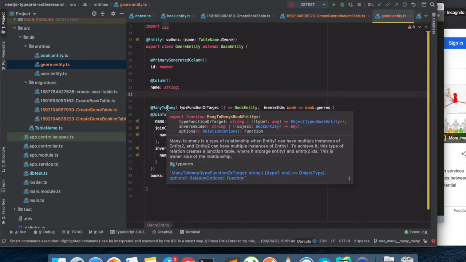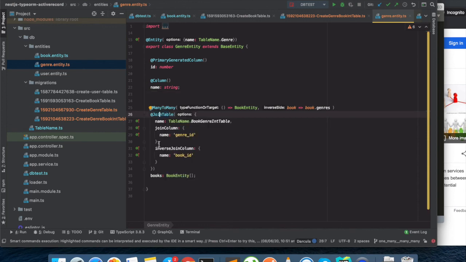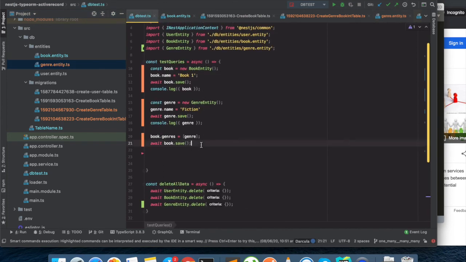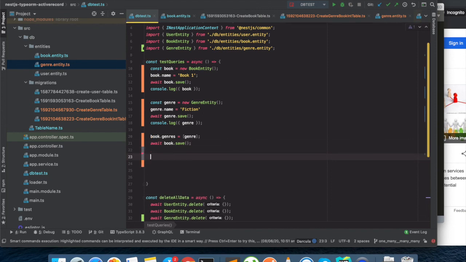So basically, it would again use join column, and both of these book and genre would reference our intermediate table. That we are going to see in a later part of the tutorial. But for now, it's the simple many to many relationship. So we are just going to see how the fetching will take place.